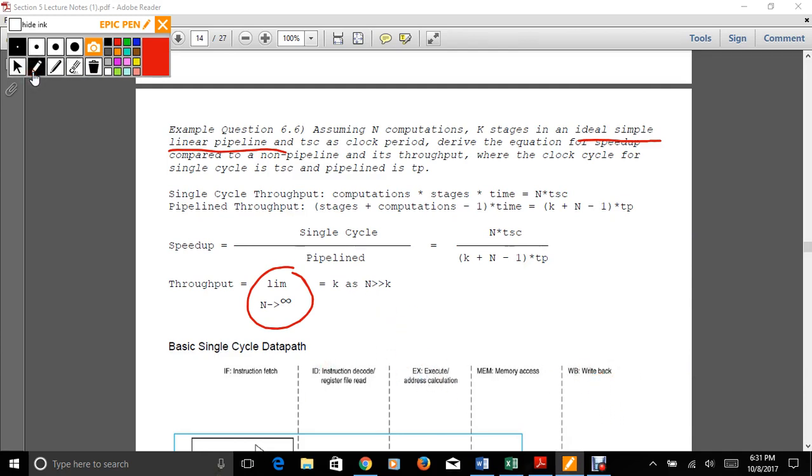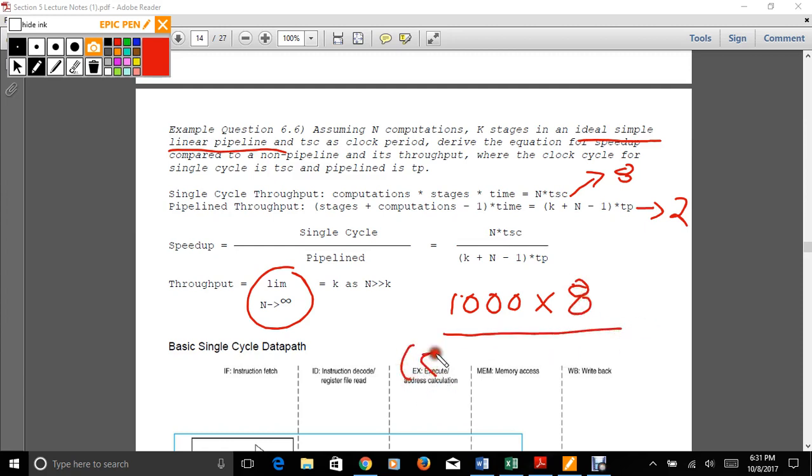I'm going to give you an example. If you had 1,000 instructions, and T single cycle was 8, right? T_p is 2 in the example above, so it'd be 8 over (5 + 1,000 - 1) times 2, which basically becomes,